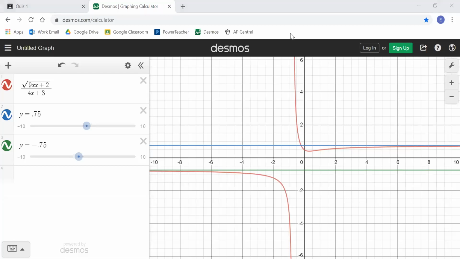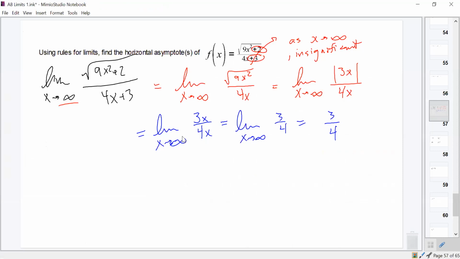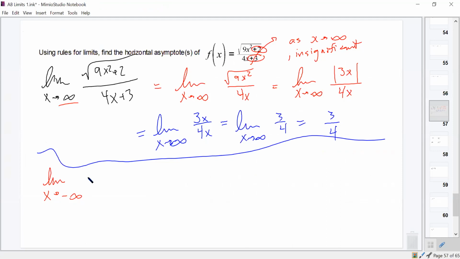You have to find the limit as x approaches negative infinity as well. We didn't do that on any of these other ones, and I'll explain why in a second. But whenever you're looking for horizontal asymptotes, you have to also look for a limit as x approaches negative infinity, because some functions have different horizontal asymptotes in the different directions. So this one is y equals 3/4 to the right, whereas this one ends up being y equals negative 3/4